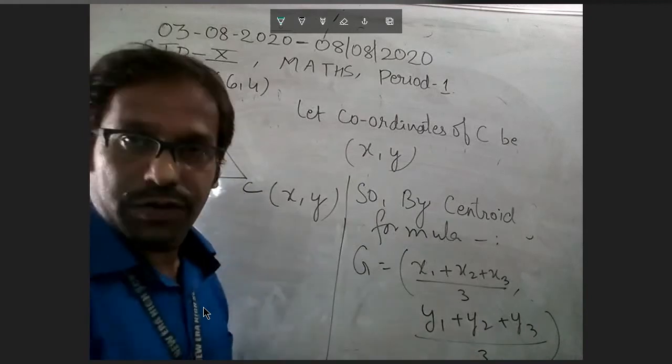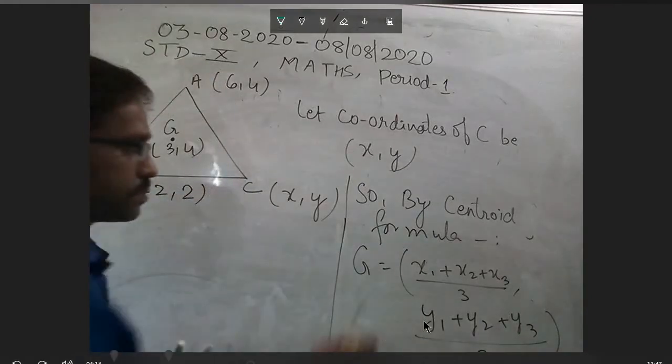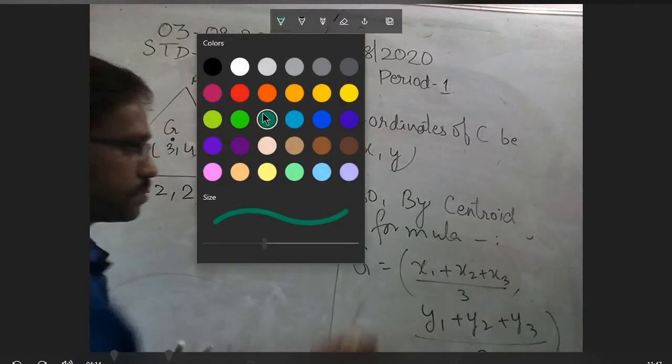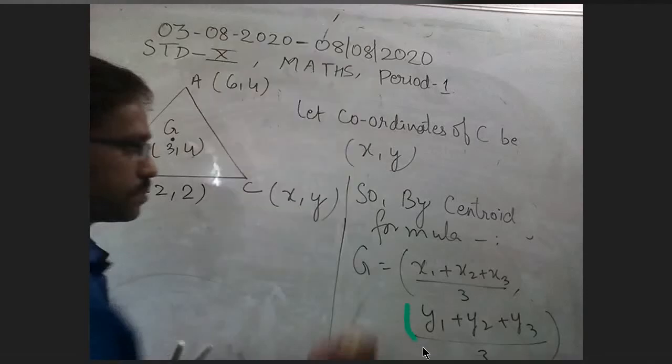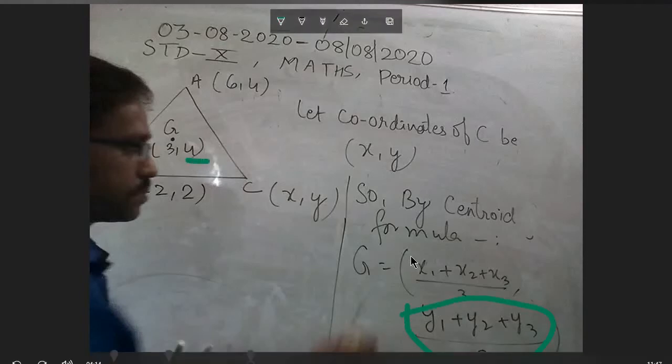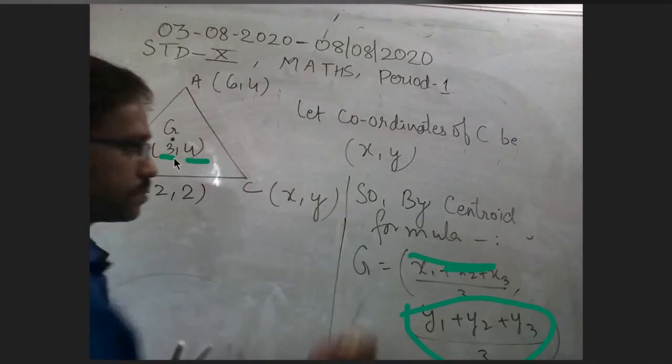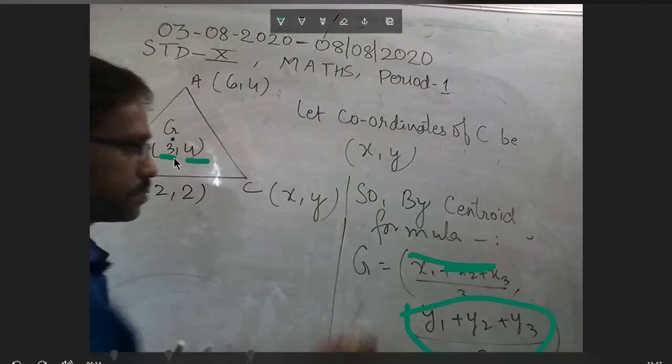So students, our calculation is based on this: whatever value will come here will be the same as 4. Why? Because I have considered this from the formula, and they have calculated it here. So that means this is also true. If this is true, that means both are true. So in that case, whatever value I get here for y will be equal to 4, and whatever value I get here for x will be equal to 3. That is the main basis of our calculation. So let us start this.